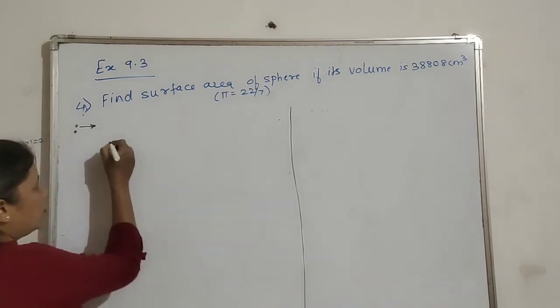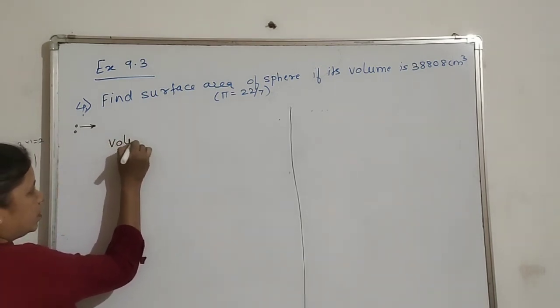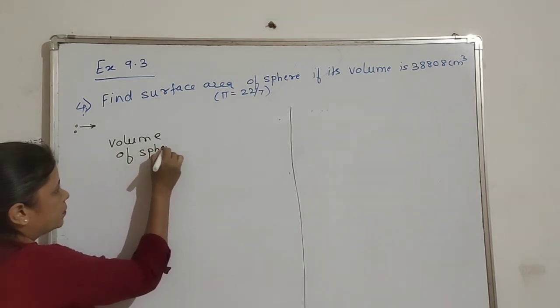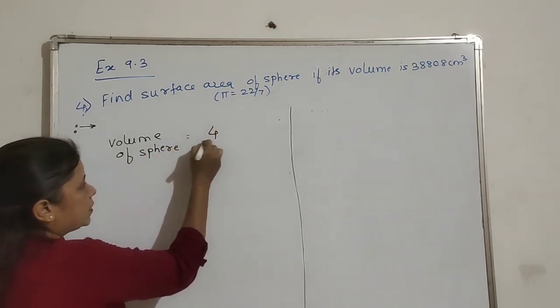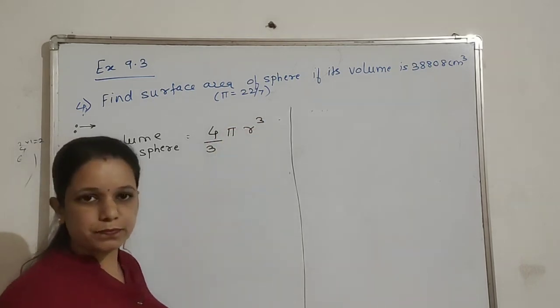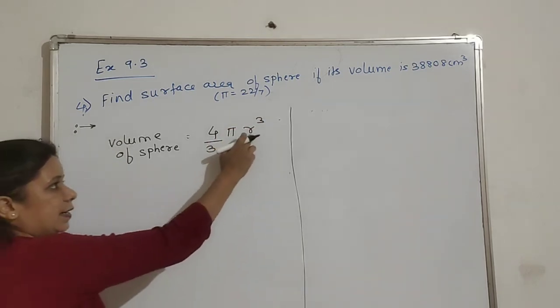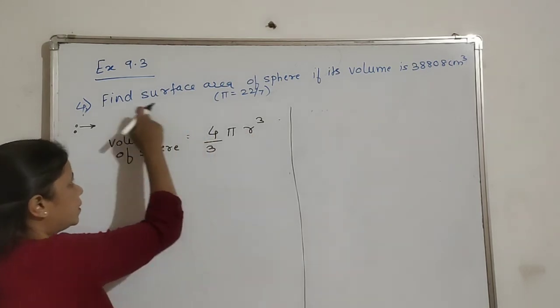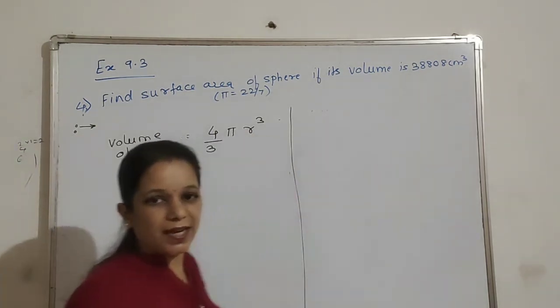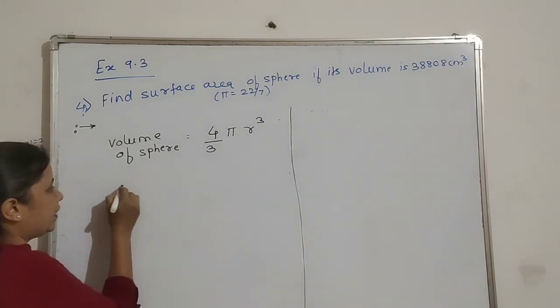So here first we will write the formula for volume of sphere. Volume of sphere is given as 4 by 3 pi r cube. Now radius we don't know, but we know the volume of the sphere. It is given to you: 38808